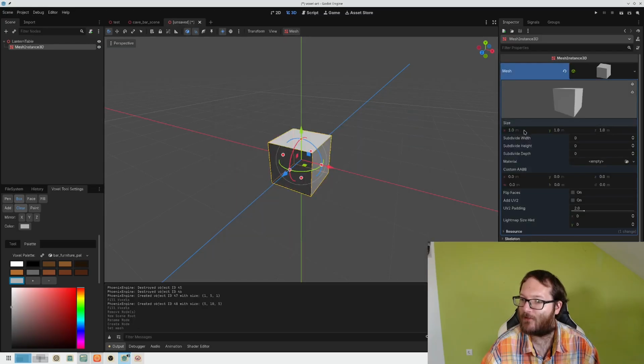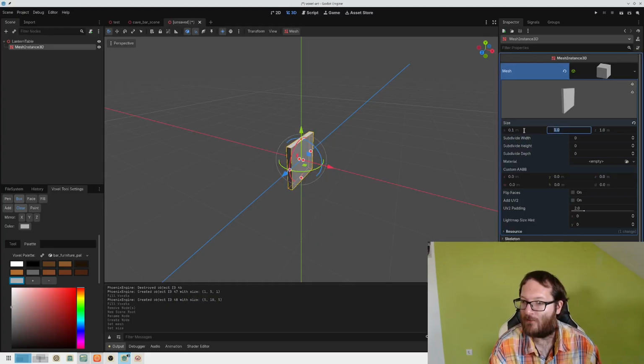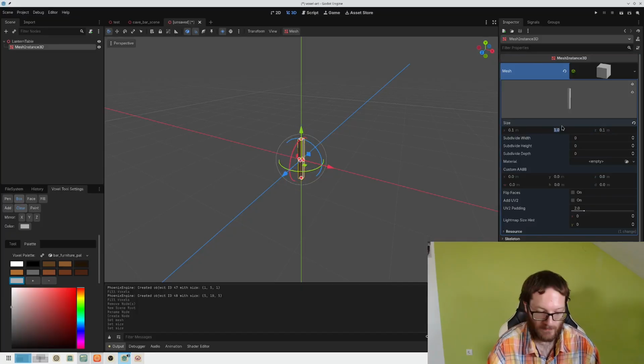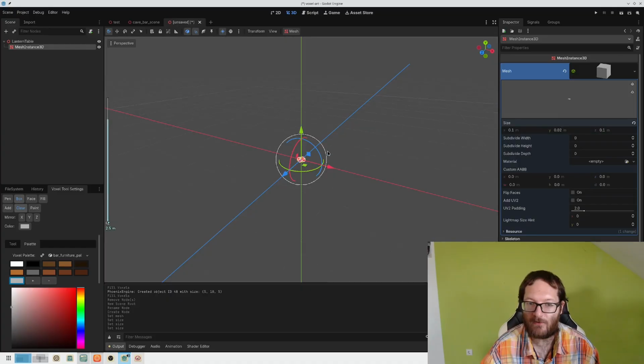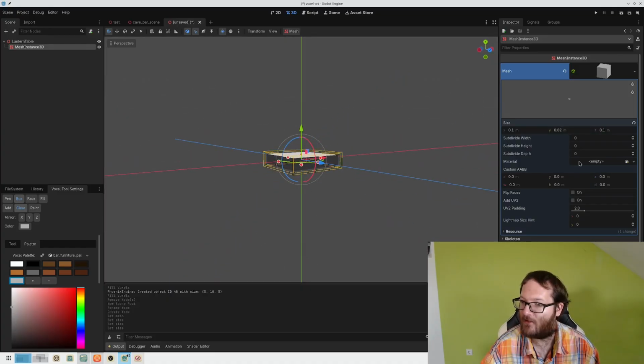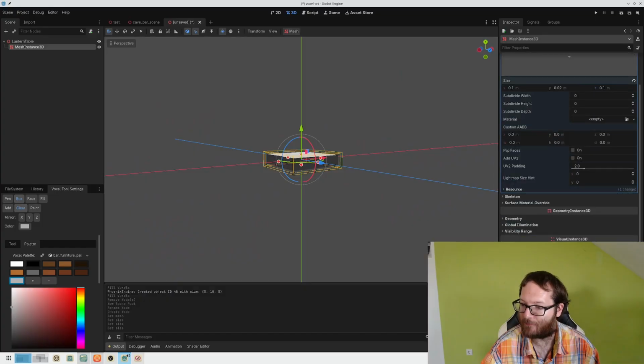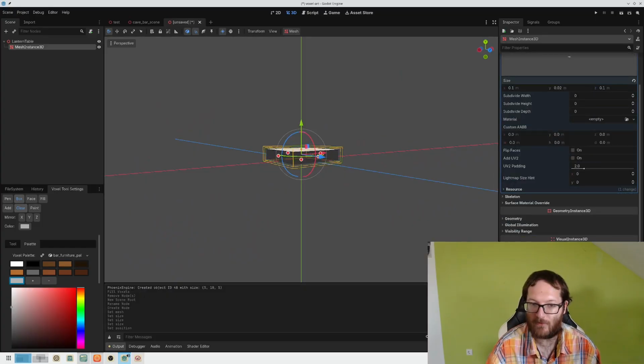Box mesh. We have 1 and 0.2 high. That is the voxel shape basically,